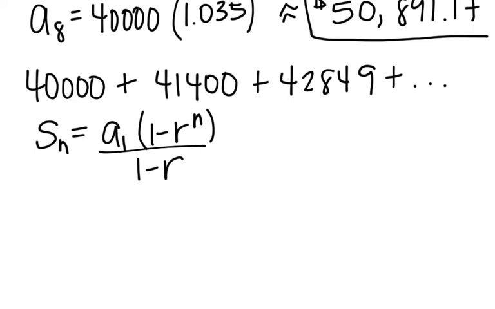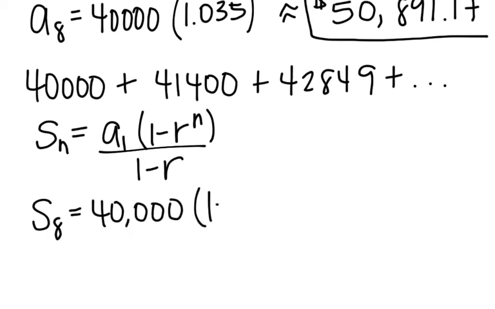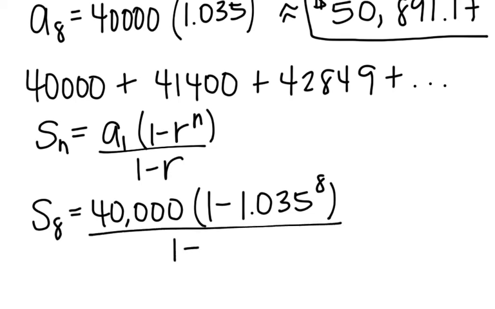In this case, we want the sum of the first 8 terms. So S sub 8: our first term is 40,000, times 1 minus 1.035 raised to the 8th power, all divided by 1 minus the common ratio, which is 1.035. Definitely try to put this in your calculator on your own. Pause the video to be sure that you get the same amount that I do. And just remember, if you are going to enter it all in at one time, you will want to put parentheses around the denominator. So this should give us a total amount for 8 years of